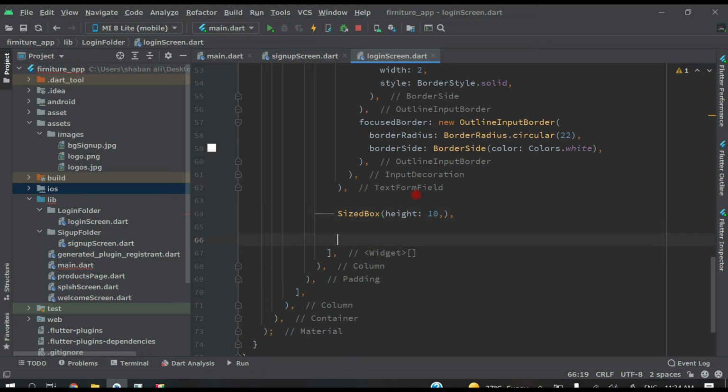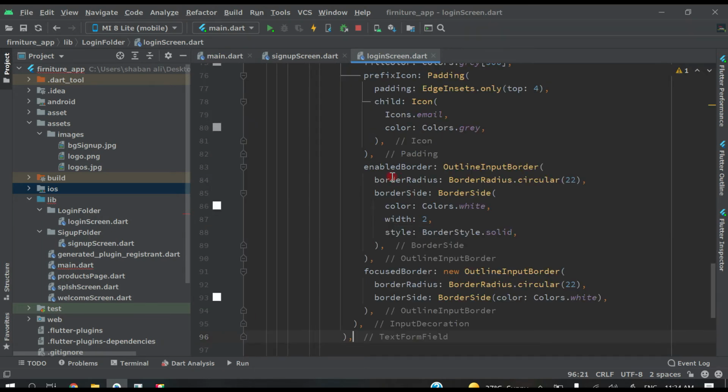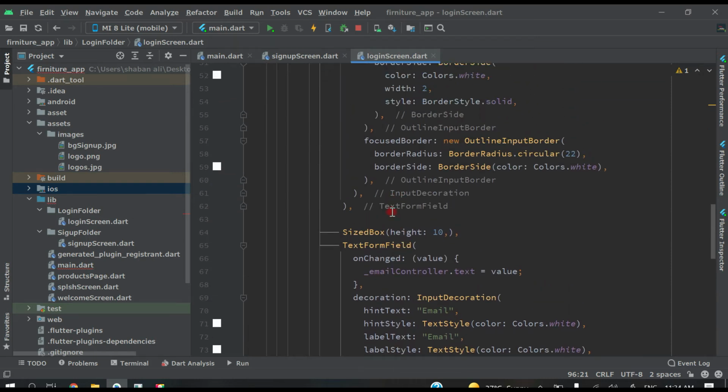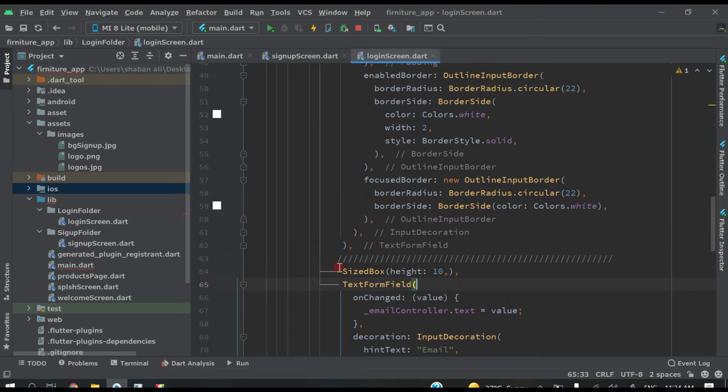And after this, let's paste this one. So we have two text form field. Let's make it like this here. So this is size box.